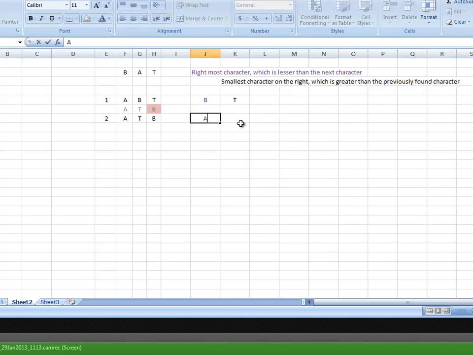So that will be A. Then we have to get the smallest character on the right which is greater than the previously found character. We should get, after A, anything which is the smallest one which is greater than A. So T is greater than A. But B is also greater than A, and B is smaller compared to T, so that will be the letter which we have to exchange with. So that will become B. Then we exchange these two things,